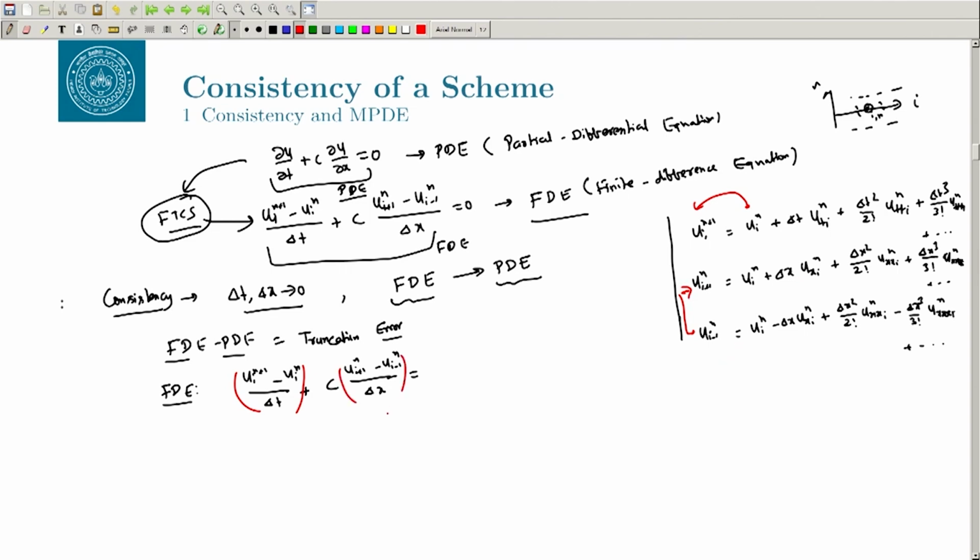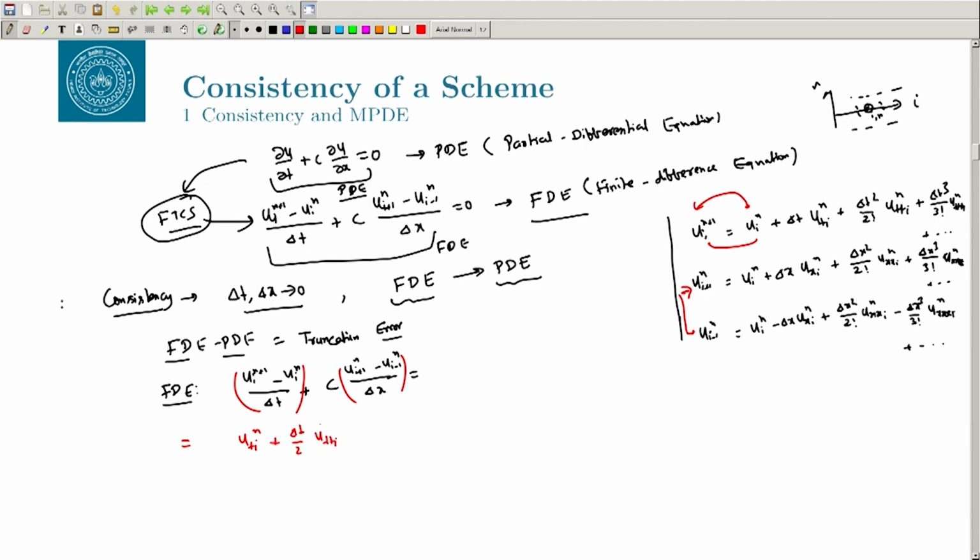So, let us start writing those terms. I will write the temporal in red and spatial in blue. Let me write it here. So, that will become u_t at i. I am subtracting this minus this and dividing by delta t. So, that will become u_t at i, n, plus delta t by 2 factorial, which is basically 2, u_tt